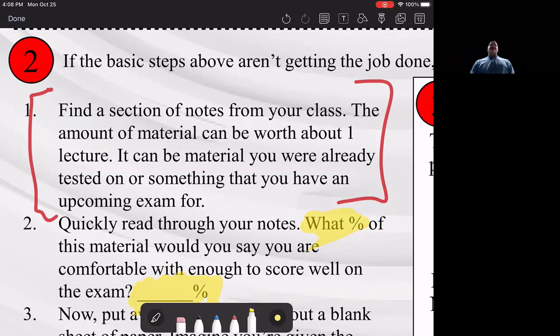So typically, what is that number? Like after rereading notes, where does that number usually lie? Notes that you feel pretty good about, right? Like you saw it in class, it made sense. The notes make sense, right? What's everybody's number in that? What range is that? It's going to vary between how people think about it and what section you're on, et cetera. So the numbers are definitely going to be different from everybody.